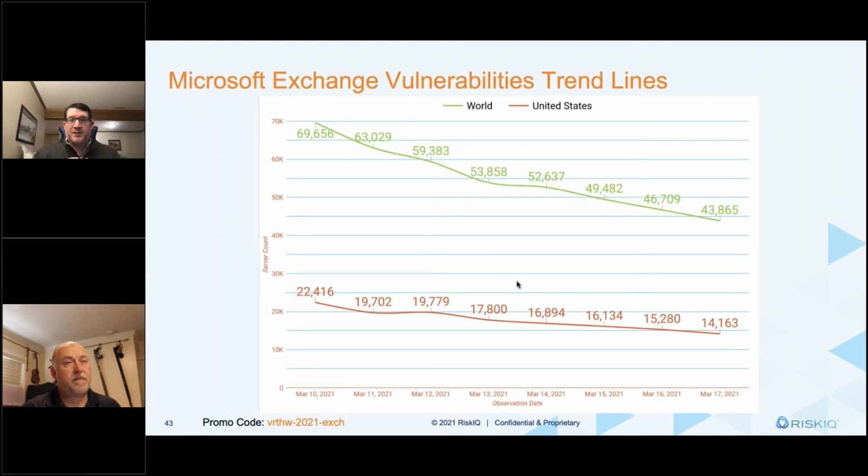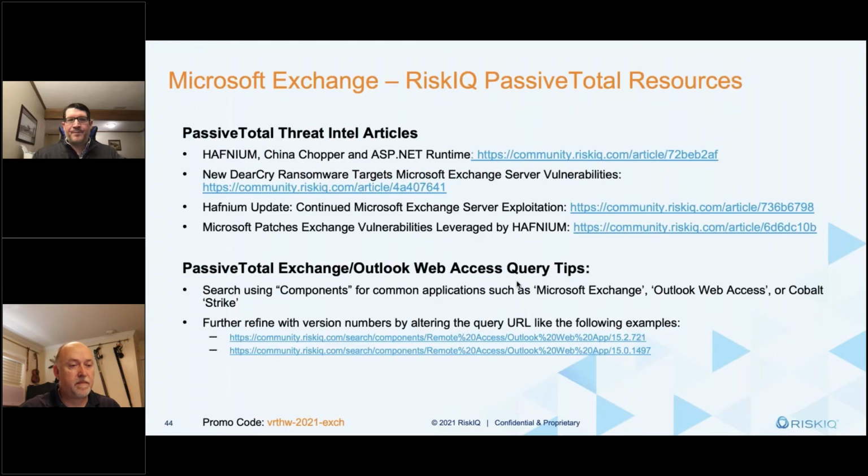So, for example, we talked to a company this week who shut down a line of business, but they still have legacy Exchange systems still hosted that they thought had been deprecated. So I know those challenges still persist. The further away from core technologies like an Exchange server that you get, I would say the more complicated that visibility challenge gets. And that's one of the areas that RiskIQ can help. So we'll talk through a couple resources, and in fact, I'll probably jump over into the browser to talk about a few of these things.